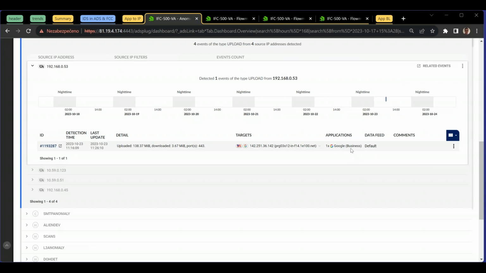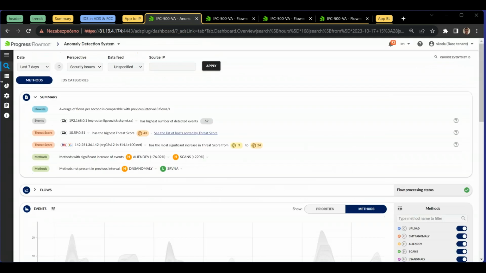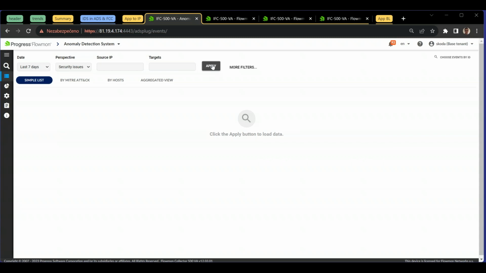So in some cases, for example, the peer detection method that can detect that a host communicates with multiple peers, more than is standard in the network, so it's some anomaly. In that case, there can be plenty of applications, and you will see the summary in this new column that you can easily enable. So this is the analysis page, and you can see basically the same in